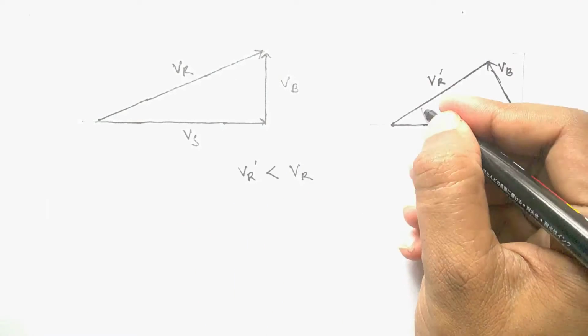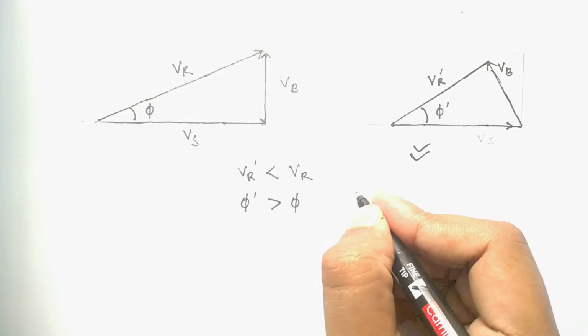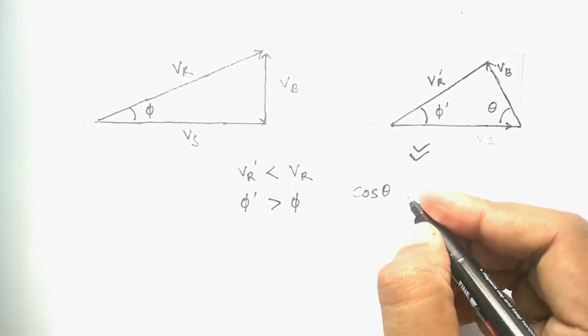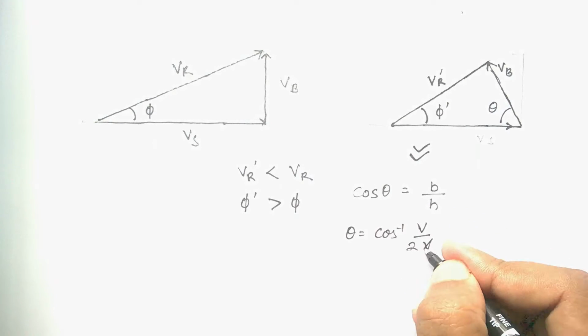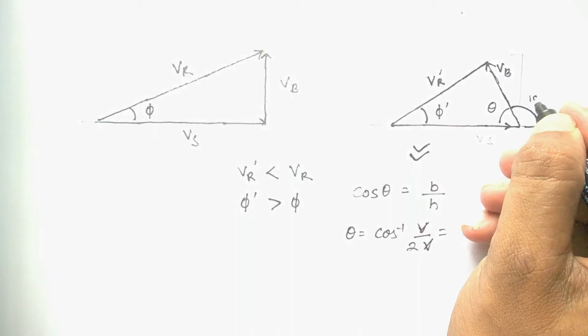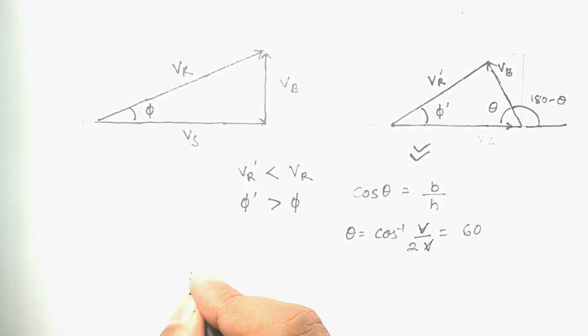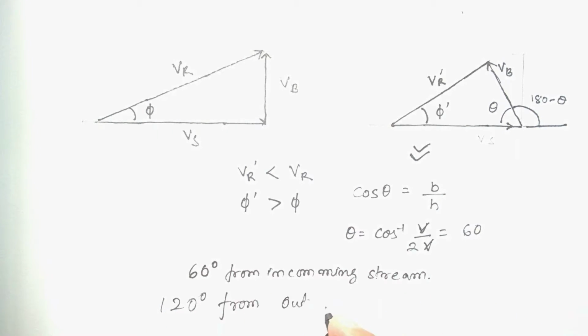Looks like we have a potential solution. So we have the base and the hypotenuse of a right angle triangle. We know that cosine of angle is the ratio of base to the hypotenuse. So you should be making an angle of 60 degrees from the incoming stream and 120 degrees from the outgoing